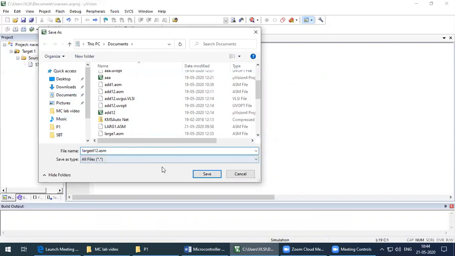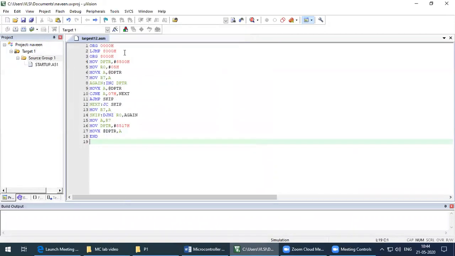Now the program name is largest1.2.asm. It is user defined, so whatever you want you can give as the file name.